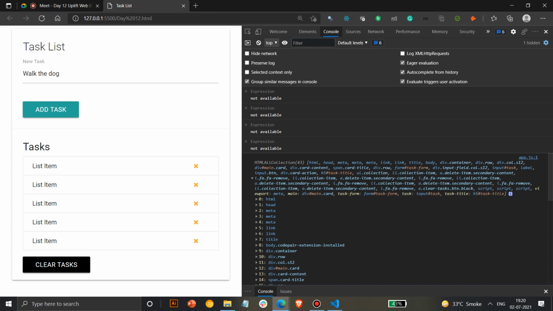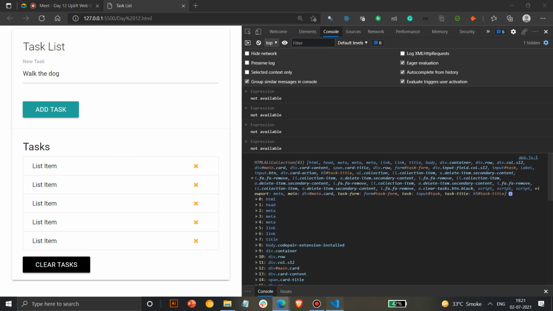So it groups up all the elements that are present, all the HTML tags that you have used, all the classes, all the elements, hashes or IDs, anything that's present. It will sum all of them together and display it in the form of a collection. And at every position in the collection you get an element.